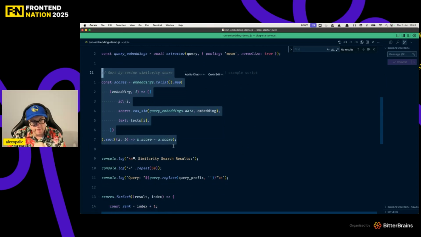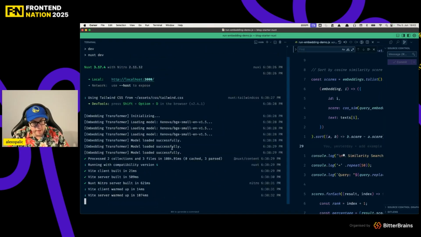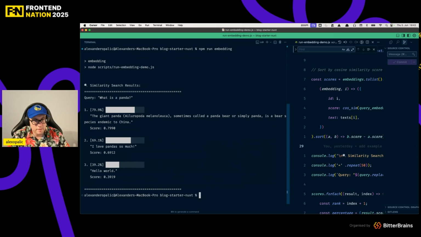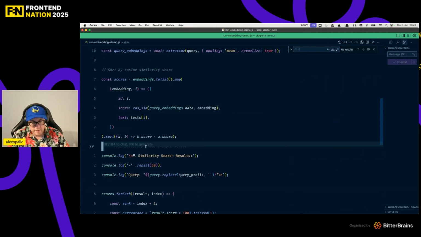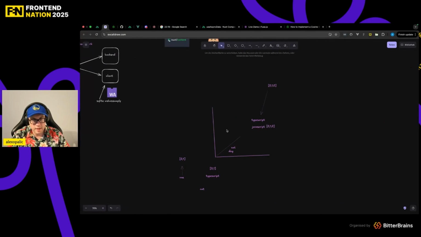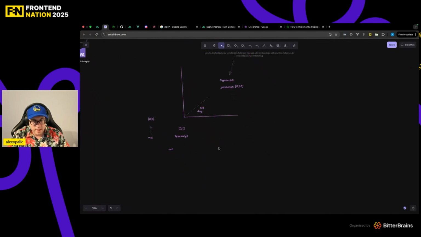And then we sort that, and then if I run the script, yeah, you know that panda, what is a panda? Yeah, this text is more similar than the other text. So this is the whole idea. And one way to do that with Nuxt content is that